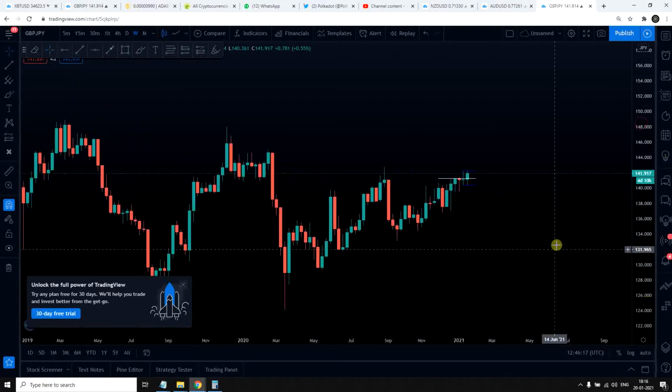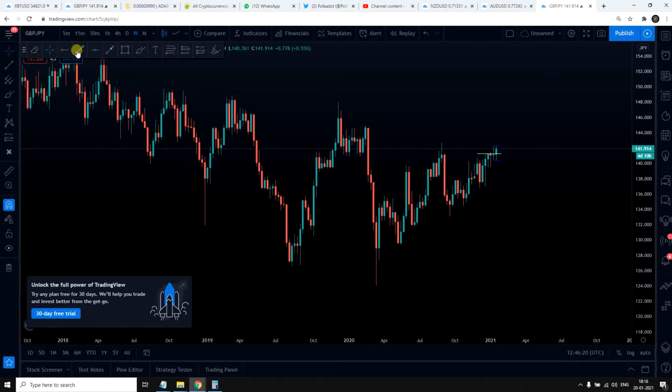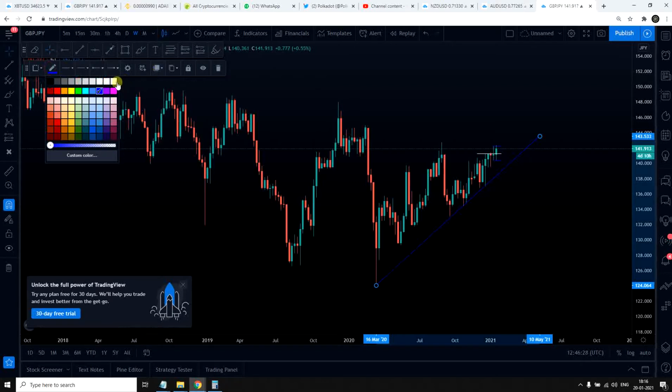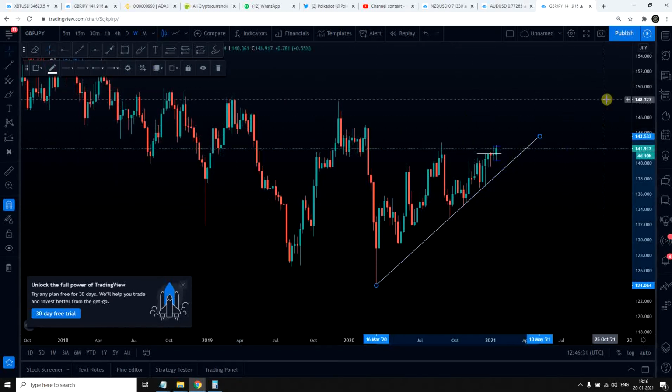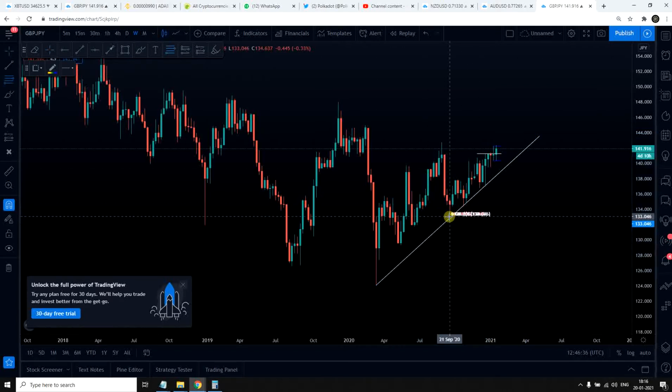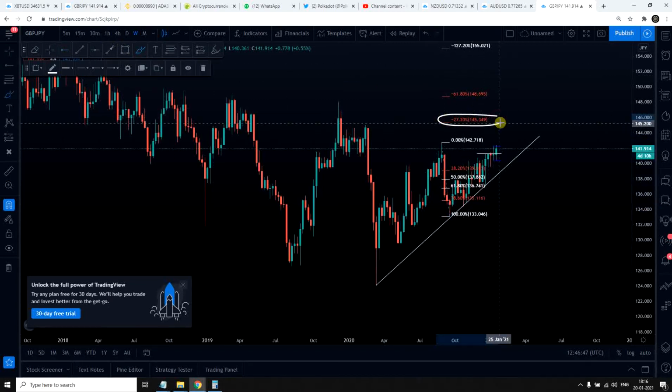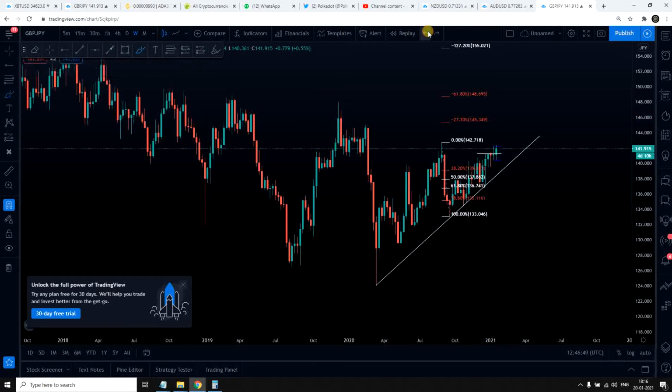Next, what? We have to follow the steps. We know the structure, we know the trend. This is a bullish structure, bullish trend. The market is making higher high, higher low, higher high, higher low. So we have to take the fibs from the previous higher low to the previous higher high to find out the next long-term target. Here we have minus 27, that is our golden level. So below that we have to place our long-term target.